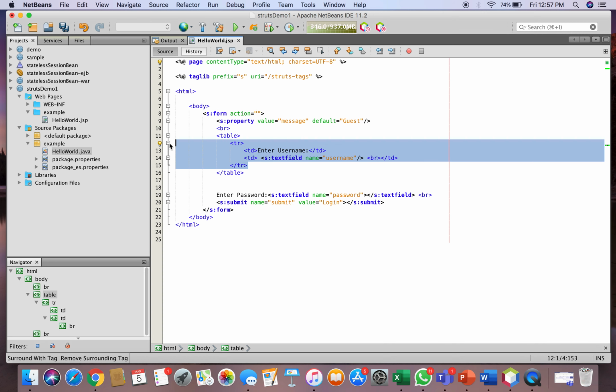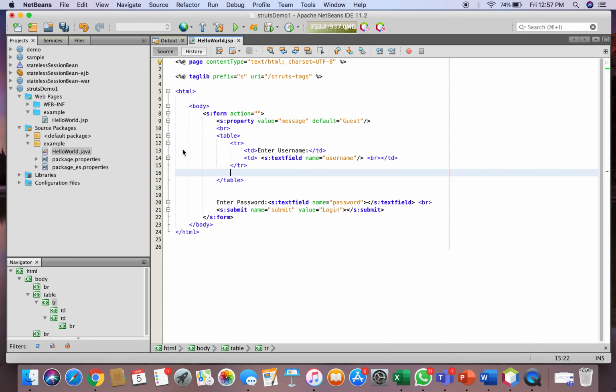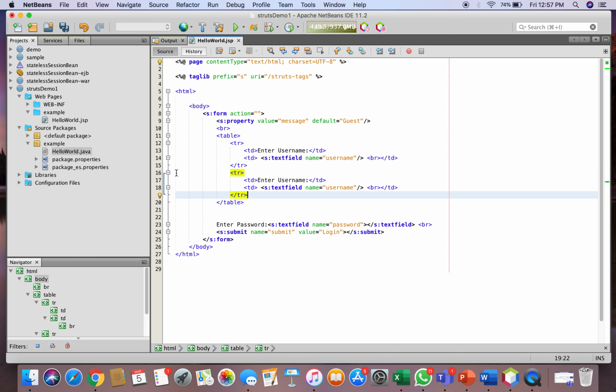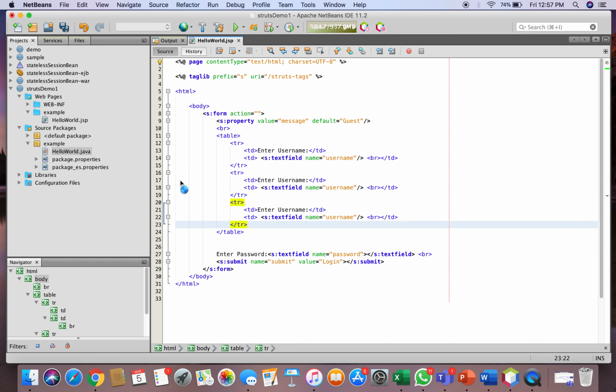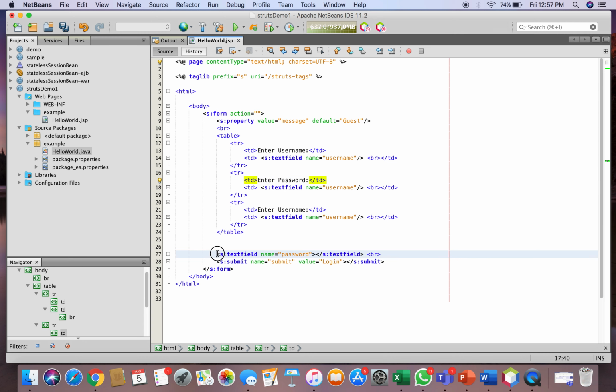Now I want three rows like this. The first row will have the username, the second row will have the password, and the third one will have only the submit button. So I'll just copy and paste from down. I'm doing it so that it gives a better view.